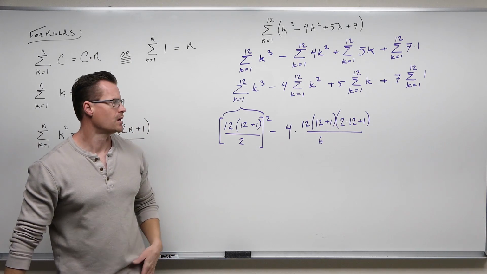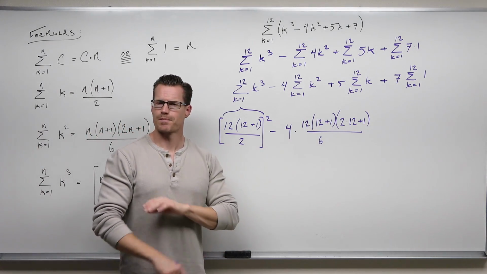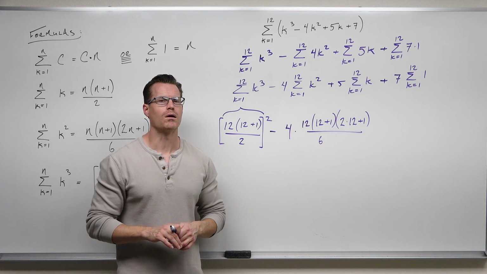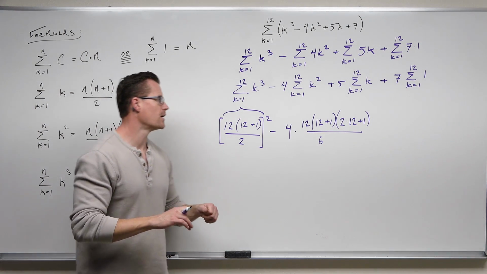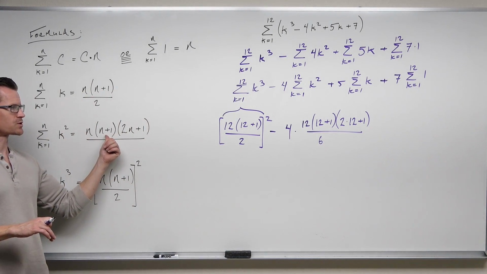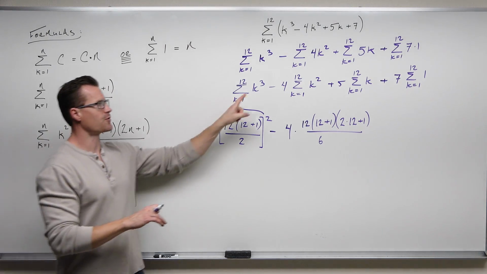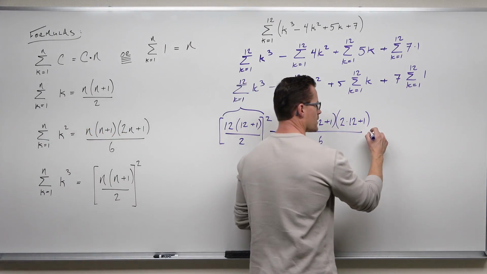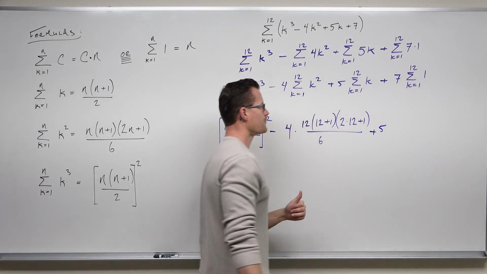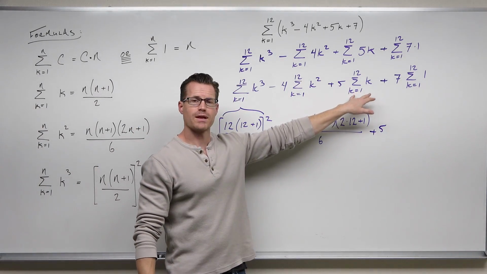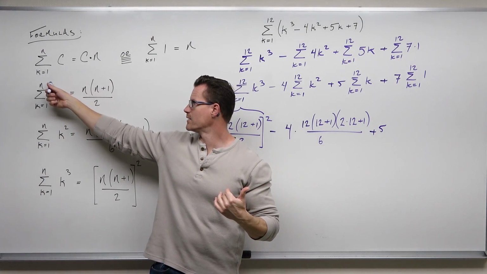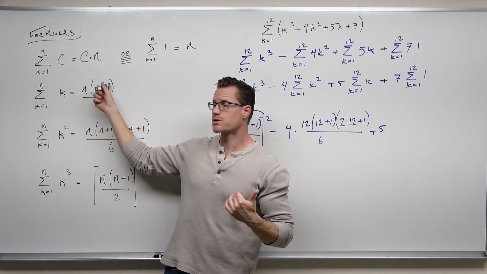A good question would be, will you ever get fractions out of this? Nope, they'll all work out to whole numbers. So if you're getting a whole lot of fractions, you're doing something wrong. Those fractions should simplify. So we have a 12, 12 plus 1, and 2 times 12 plus 1. That's coming from our n. Then we do our plus 5, so we have a plus. We have a 5. And then we look at the formula for that series. Since it's based on k, we're going to go, all right, we have an n of 12. I'm going to plug in 12, 12 plus 1 over 2.